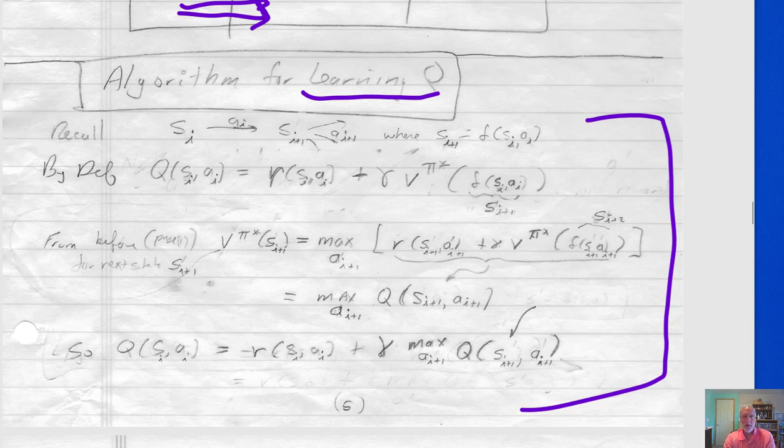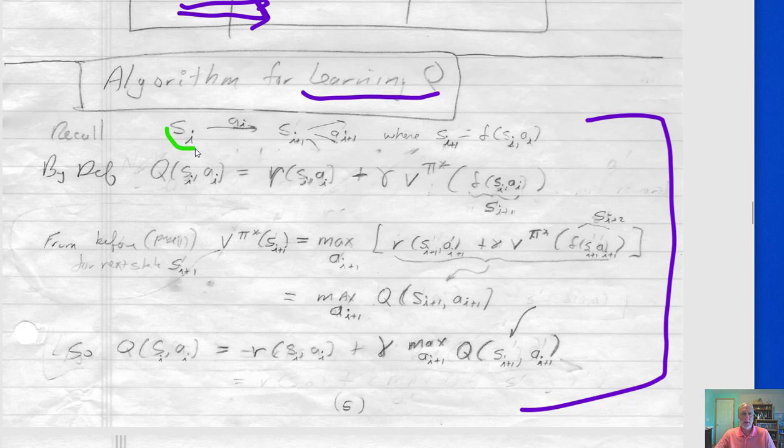All right, now that we've taken a break, let's go back and look at the algorithm for learning the Q function. In the previous lecture, we saw that if we can figure out the Q function, it's going to tell us exactly where to go to get the optimal policy. So as a review or a reminder,